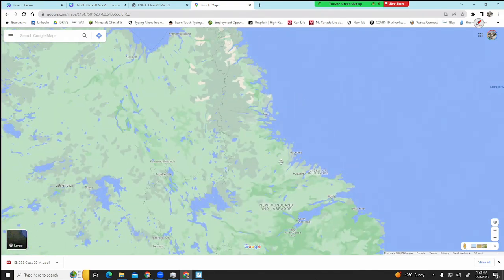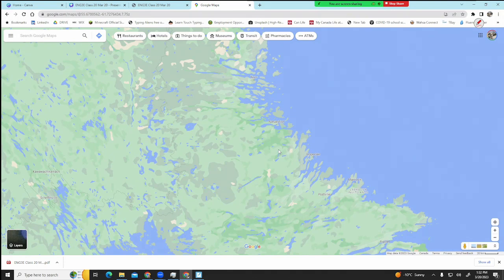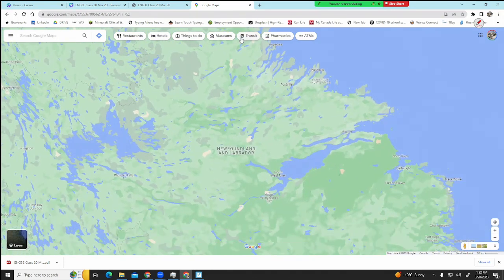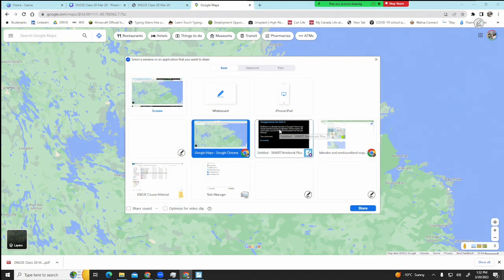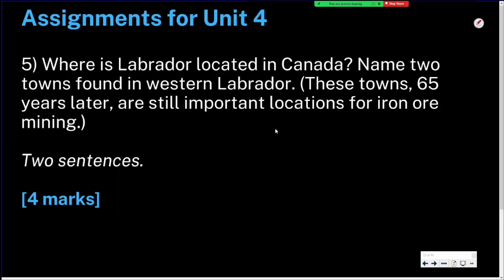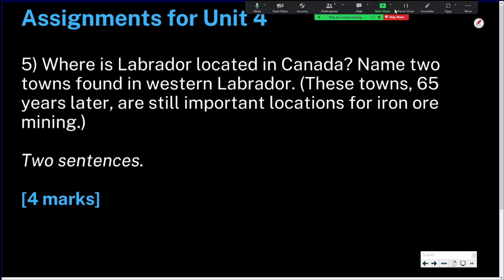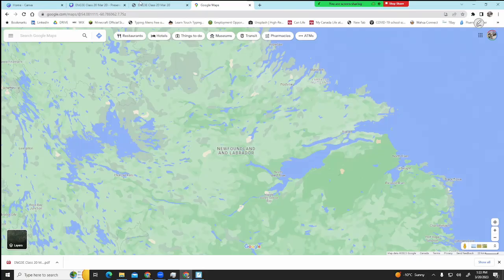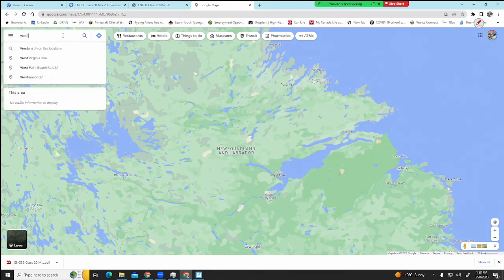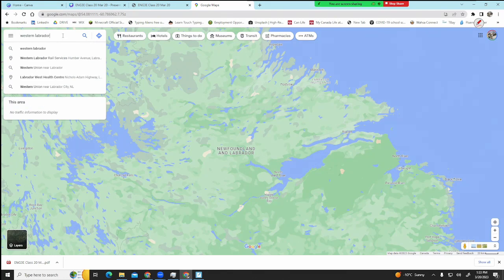So you just need to locate a couple of towns in that region, in Western Labrador. That's the region we're looking at. So if we just type in Western Labrador,